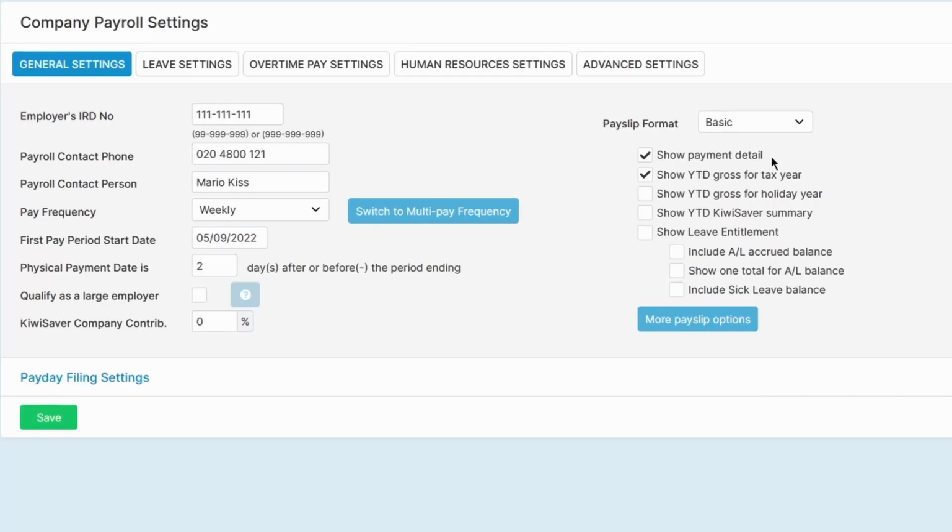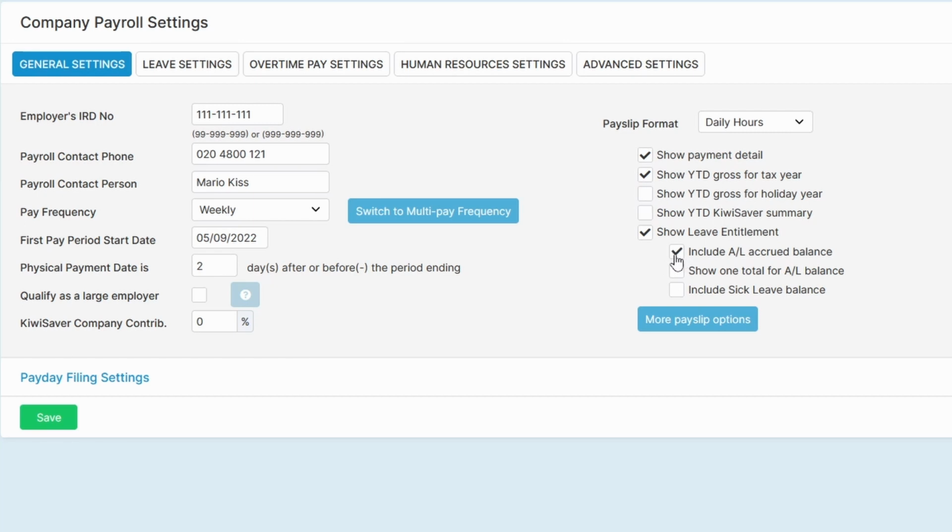Once you have decided your payslip format, you need to decide what sort of leave entitlements you want to display on the employee's payslip. If you enable Show Leave Entitlement, this will display both annual leave owing and alternative leave owing on employees' payslips. Suppose though that an employee has only worked for you for 6 months. Since they have not been employed for a full year, they would not have 4 weeks of annual leave owing to them. You would know though that they realistically would have built up 2 weeks of annual leave that they cannot yet take. If you would like to show this build up on the payslip, then you need to enable